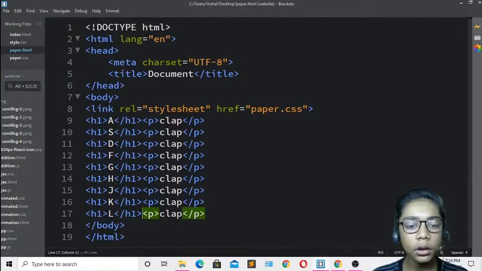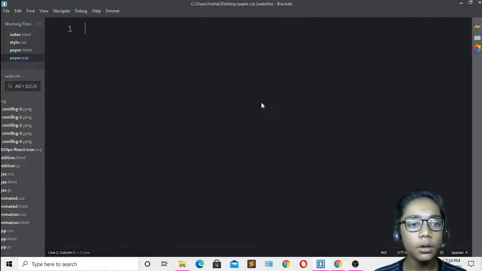So now when you have done all of these, you just have to hit save over here, and now your work in HTML has been done. So here you have to do your work with your CSS file. I will just go to my CSS file because I have already linked it.